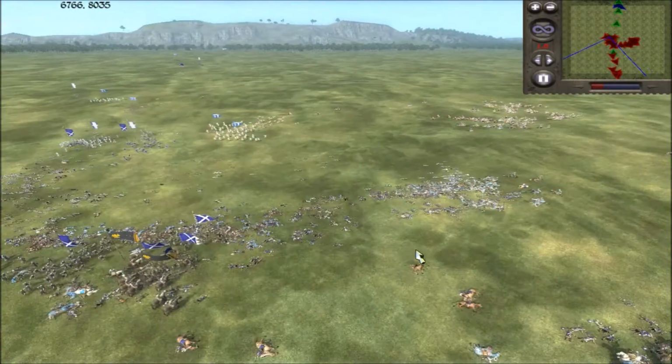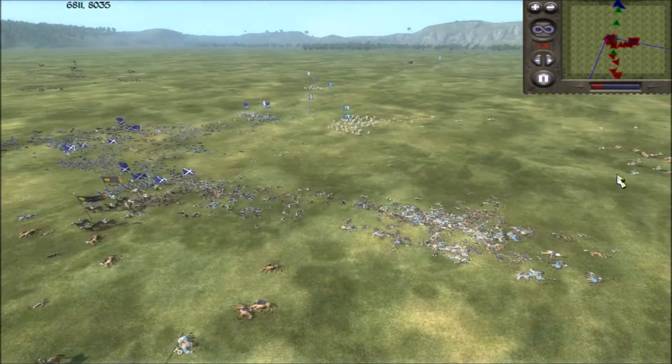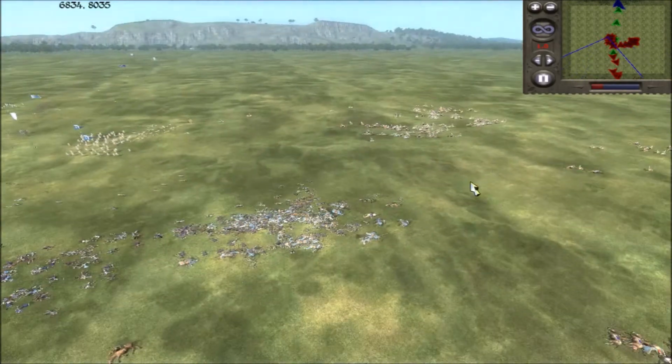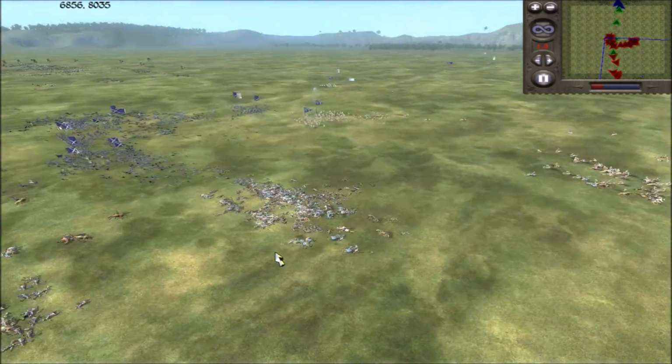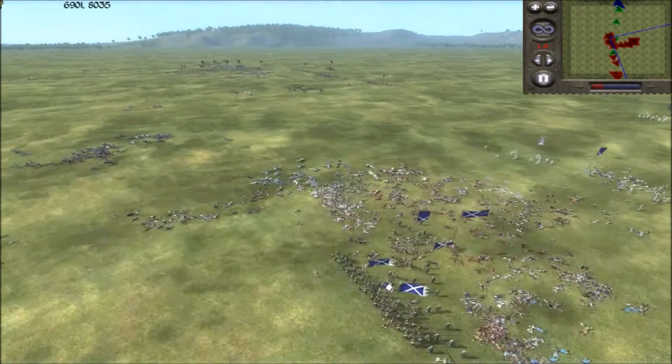As I say, placing them on these flanks is a really great idea to stop enemy cav from having to outflank you, because there was a cav fight over here, there was the pikemen here, there was pikemen in the centre here, there was pikemen here, and there was a unit of